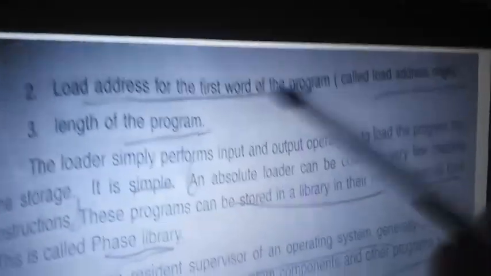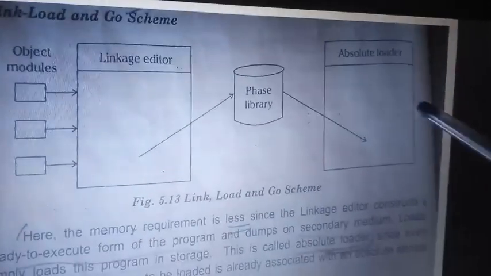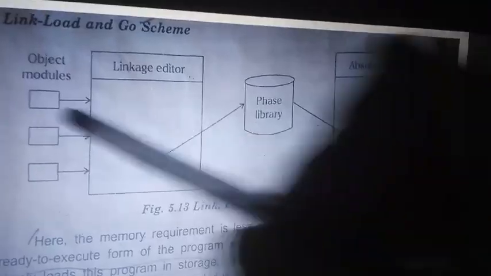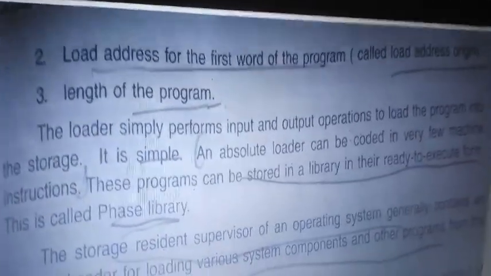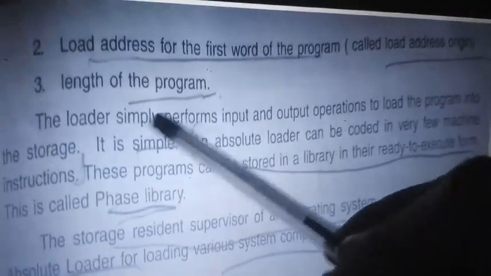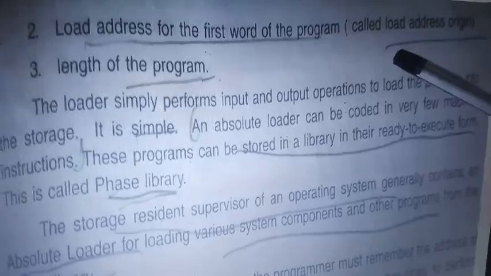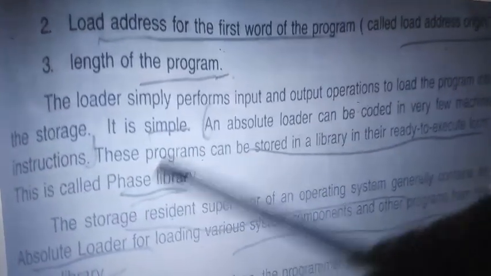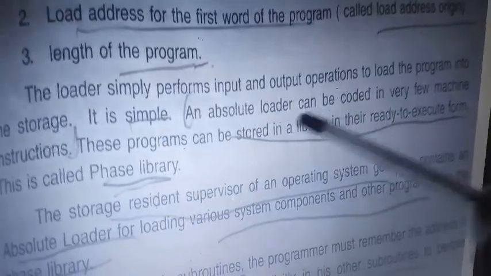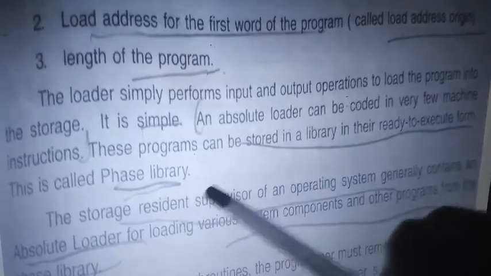Here it is also given with the length of the first word, wherever you are loading, that is the base memory, and the length of each module, so that it can allocate. So 3 things it should have. This type of loading is very simple, because the absolute loader doesn't need any extra software specification, because the only task is just to load the phase memory. So the loader has very few machine instructions, because this loader has to only load. It is not doing reallocation, it is not doing linking, nothing.